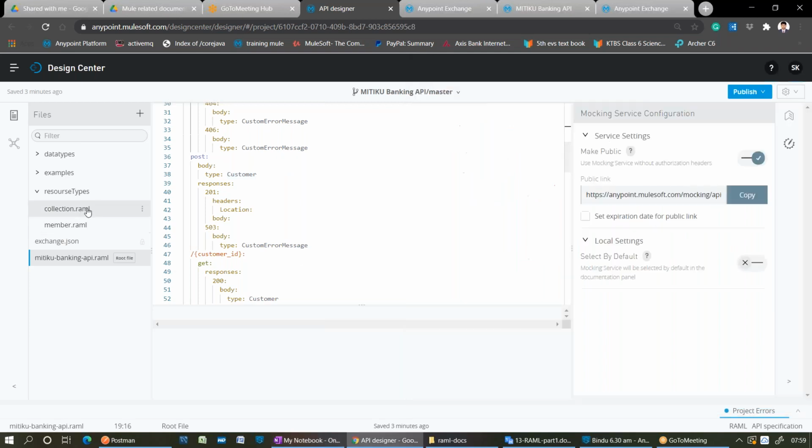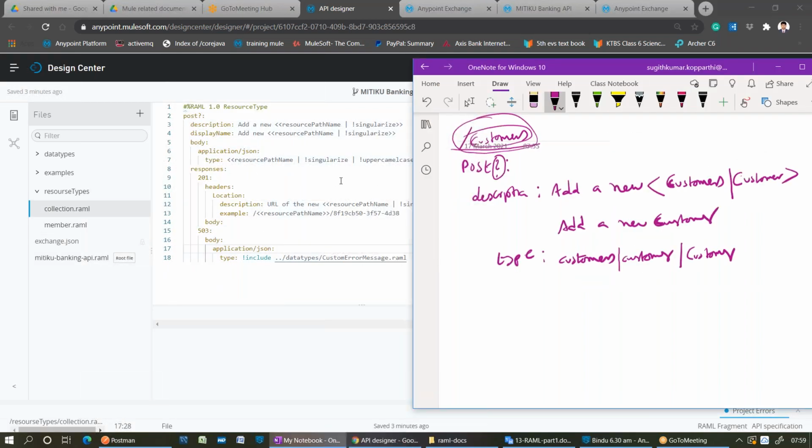So let me go back to the collection.yaml file. What is the type here? Resource path name will give customers. Singularize, it will become a customer. Upper camel case, it will be a capital C Customer. Finally, the type will be